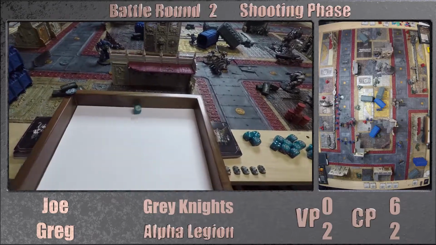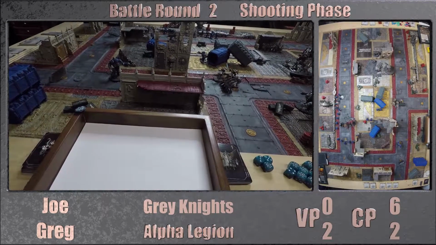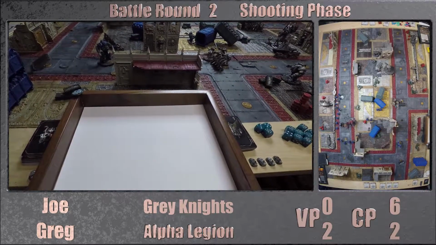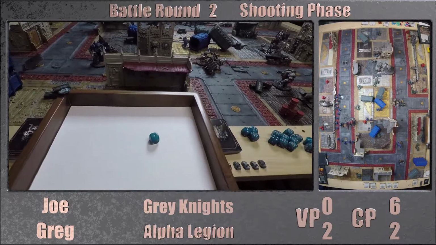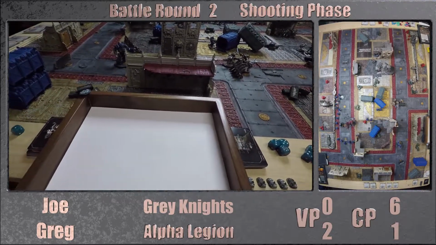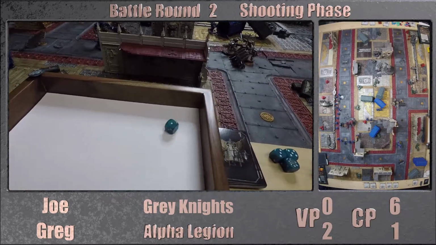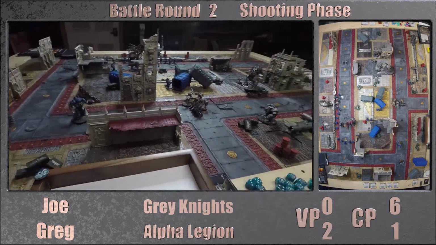2 up. Hits. Strength 8, so 2 up again. I'm going to command shoot that. Wasn't meant to be. Wasn't meant to be. Alright,